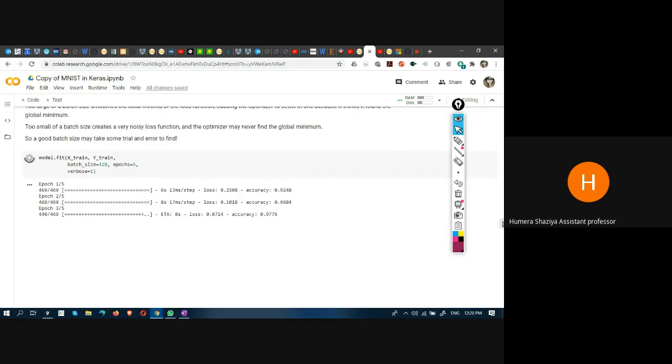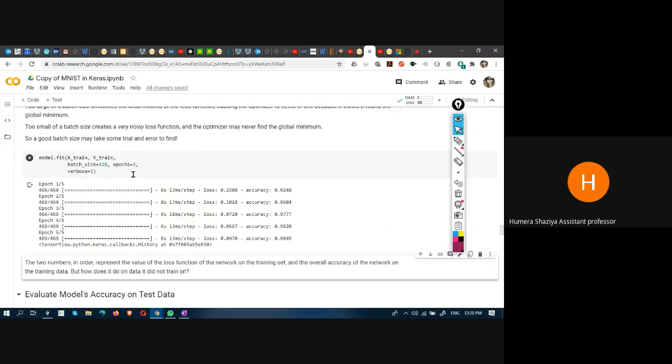Okay, now, right. Look at this. This is known as the training process. So, for how many epochs are you training? An epoch is one complete cycle of training of all the data elements in the data set. So there are 5 epochs. Okay, so you are training for 5 epochs, and the batch size is 128. Means